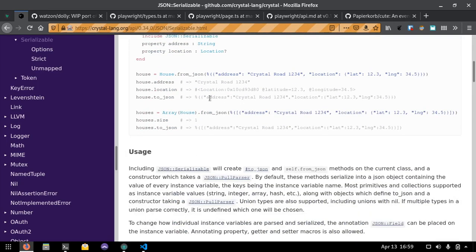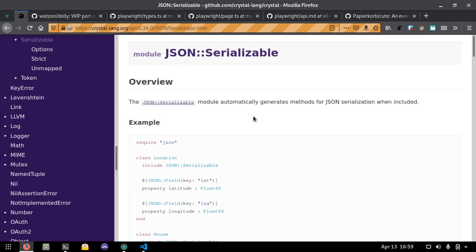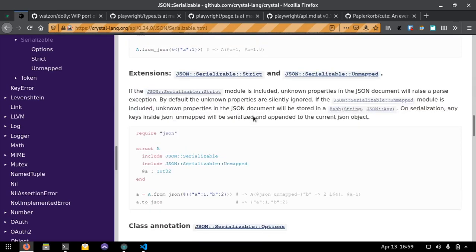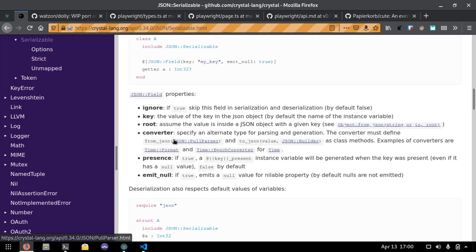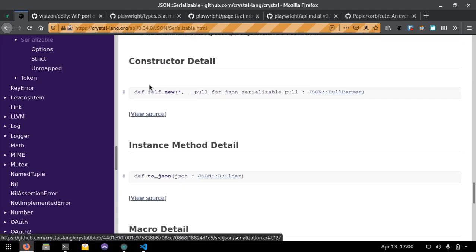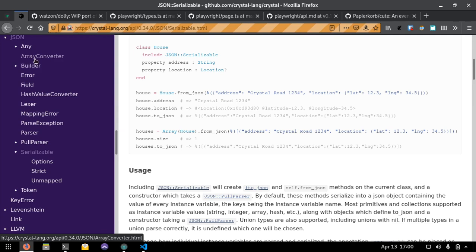But then if you want to, yes, it does error if the structure is not what you expect, which is a good thing in my opinion. You can also use... never mind. The JSON serializable module changed some things. They also have